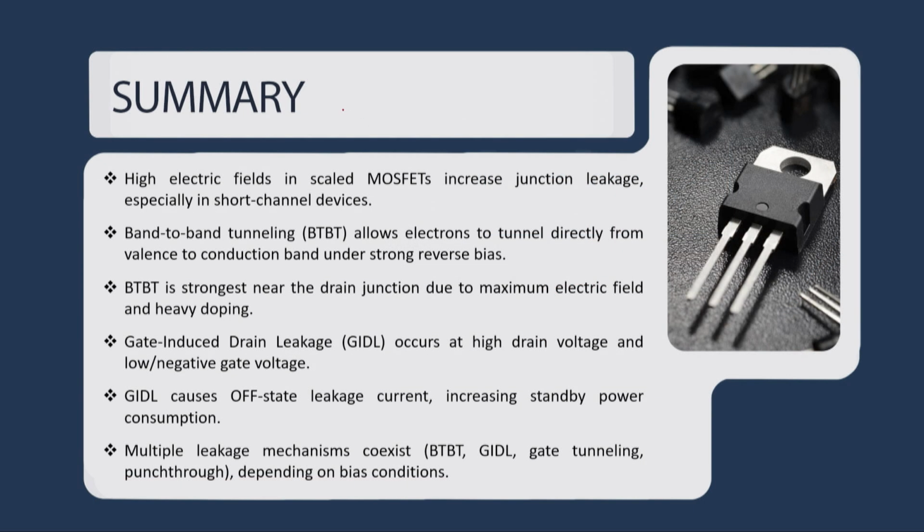So, let me summarize that in this lecture we have discussed that high electric fields in the scaled MOSFET increase the junction leakage, especially in short channel devices. Band to band tunneling is strongest near the drain junction because the maximum electric field is present near the drain junction. Gate induced drain leakage occurs at high drain voltage and nearly low or negative gate voltage. GIDL causes off state leakage current which increases the standby power, right, or it increases the static power